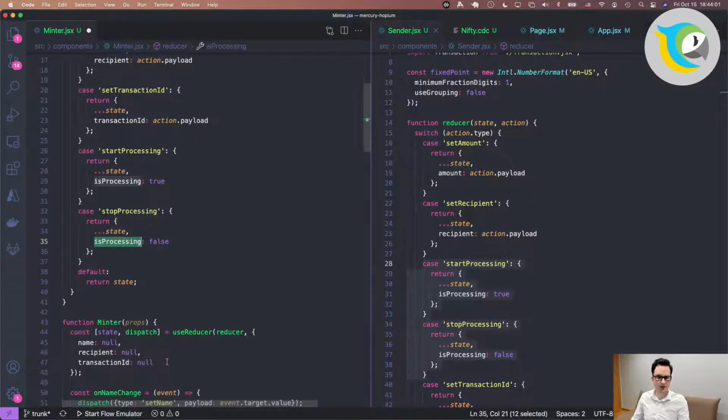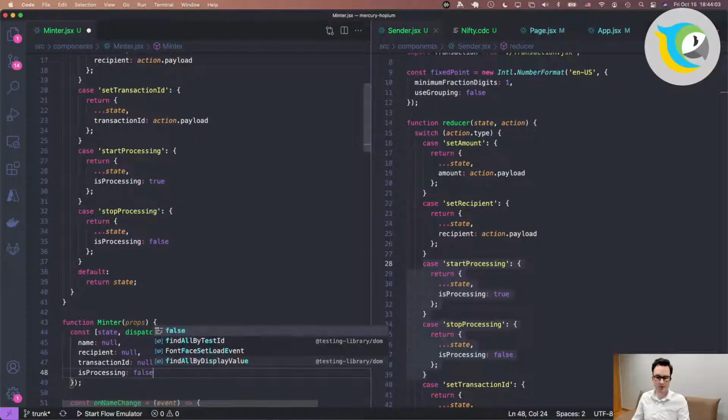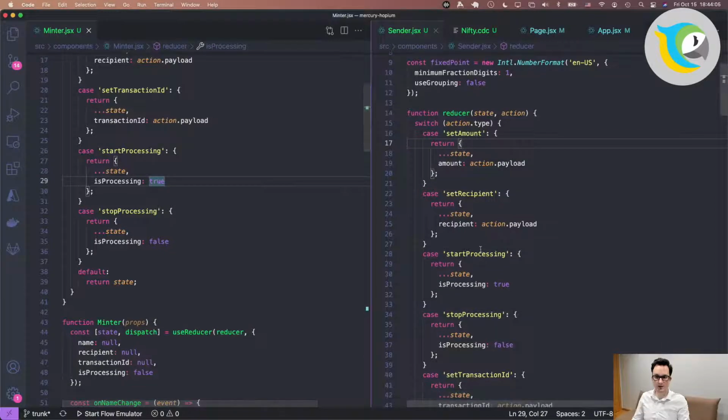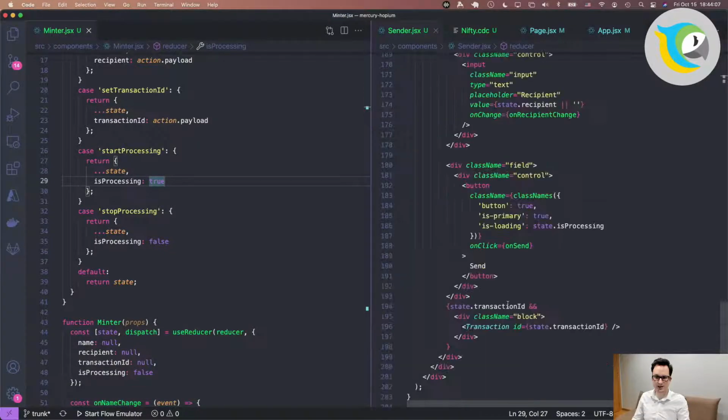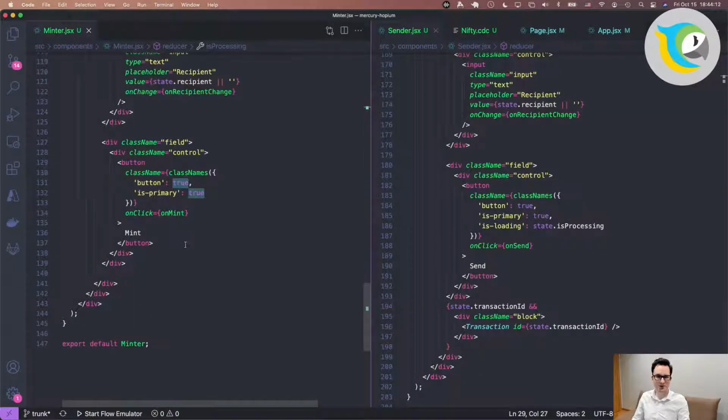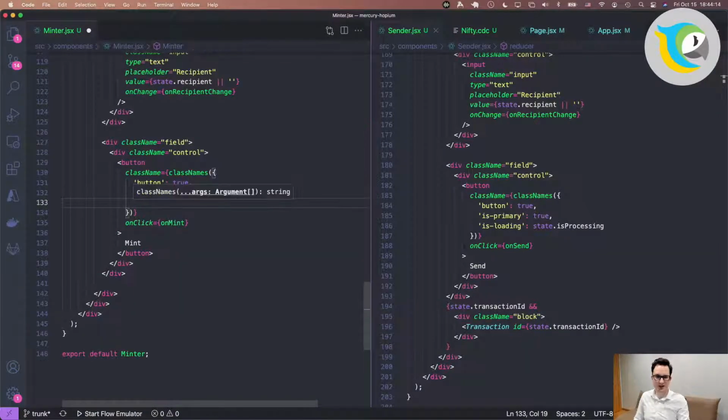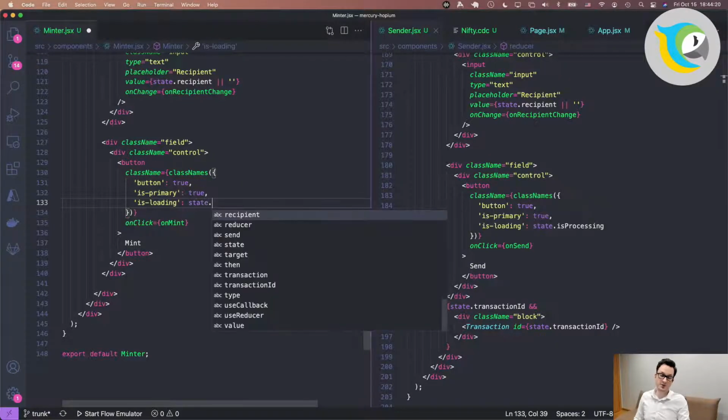And the initial value is going to be false. And I want to add this class thing. So using class names where we imported it for this specific occasion, something that is only going to show up if it's true.